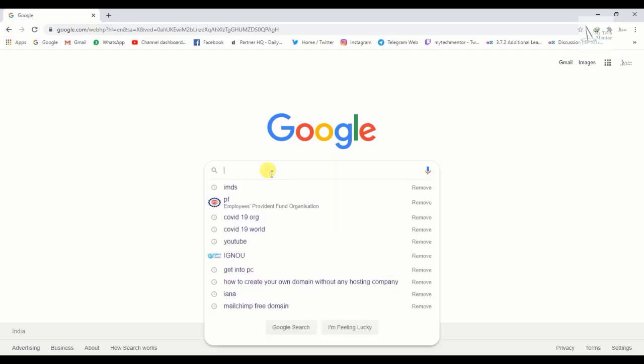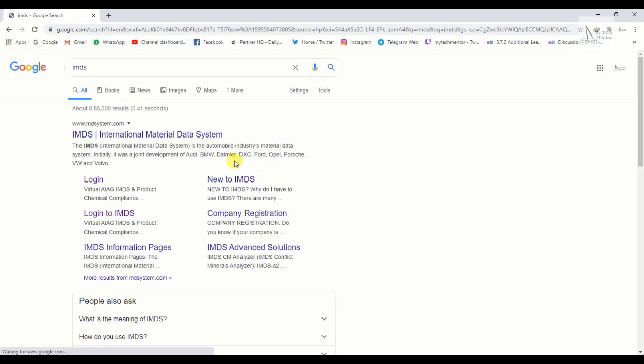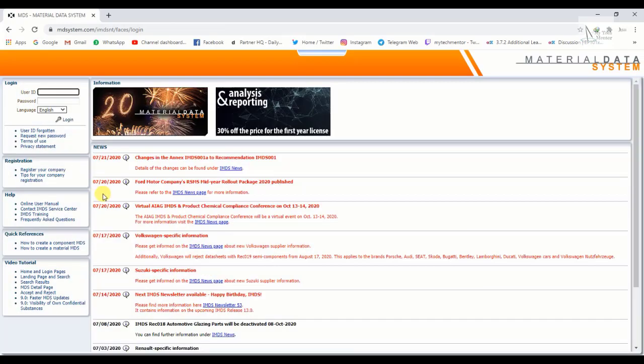Go to Google, type IMDS, then click on login. Here you see the web page of IMDS.